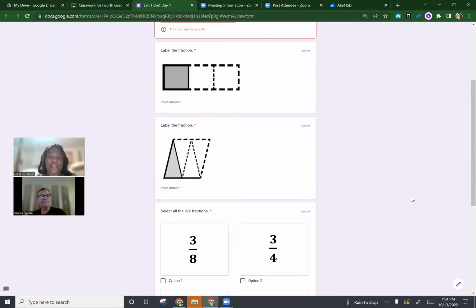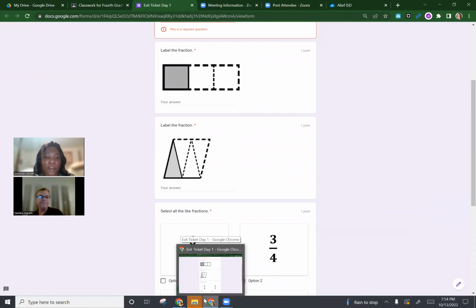Thank you, Miss Sandra. And I'm glad that you were able to make that connection between the paper and doing it digitally, because since our students have to take the STAR online, that was my main focus, was for them to still be able to show their work on paper, but input their responses online correctly. So thank you for that connection.